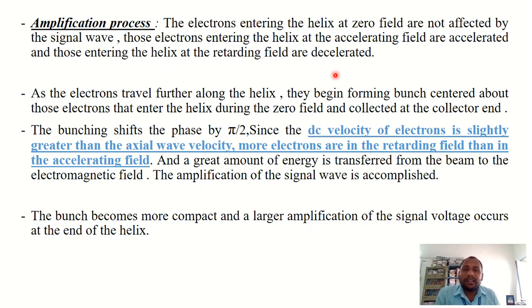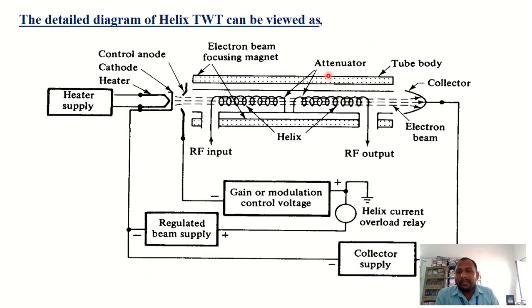Acceleration, deceleration means simply when you are applying the RF input. See here, RF input. Suppose we consider it as a sinusoidal. The signal contains a positive half cycle and a negative half cycle, right? Electrons that meet the positive half cycle are the accelerated electrons. Electrons interacting with the negative half cycle of the sine wave are the decelerated electrons, because they give up their energy, right? Some of the electrons gain energy, which you can consider accelerated electrons, and the electrons which interact with the negative half cycle of the sinusoidal